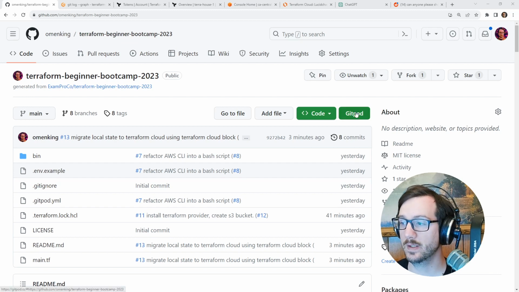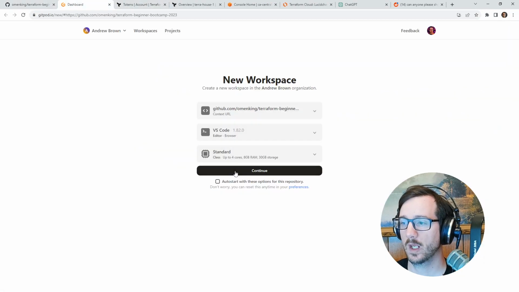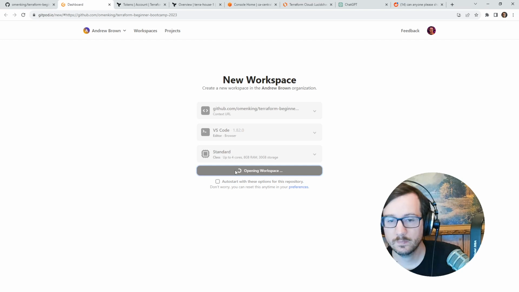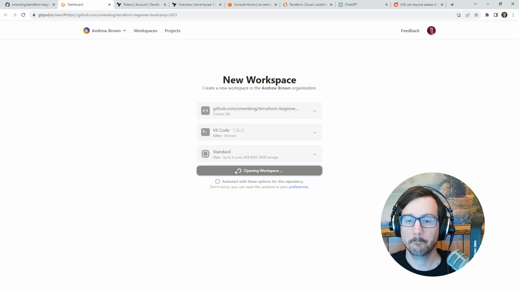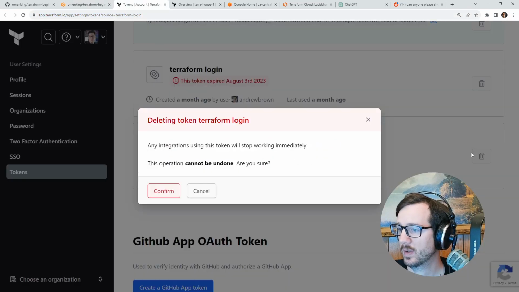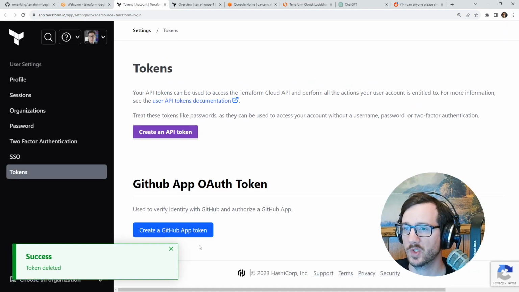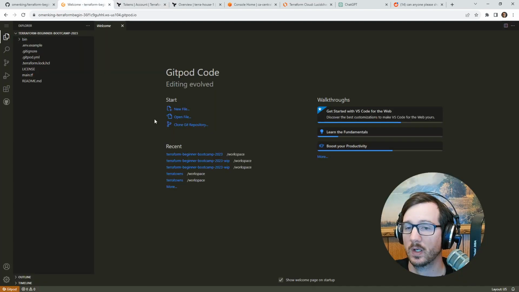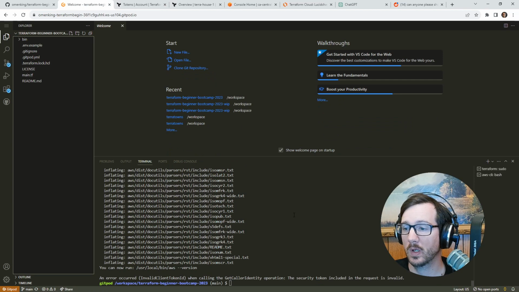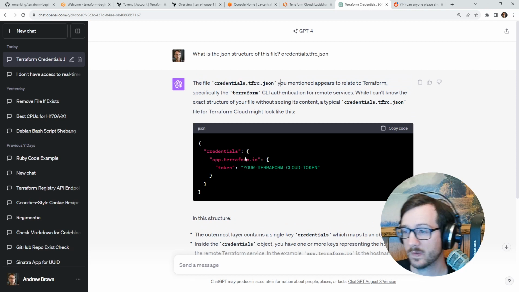So what we'll do is go ahead and launch up our environment. We still have some stuff open here because I was using it a moment ago. I'm going to leave some of it open so I don't have to go navigate for some of this stuff. And we'll go ahead and open this workspace. And while this is going, I'm just going to clear out some of these older ones I'm using because these tokens are done. Okay, I'm going to leave this token page open here. If you're looking for it, it's under your user settings in Terraform Cloud. We want to make sure that we create that file here, this one here, and we want to have this